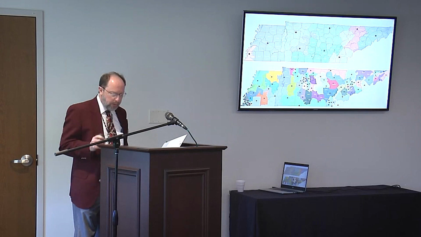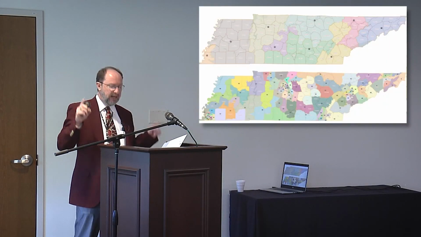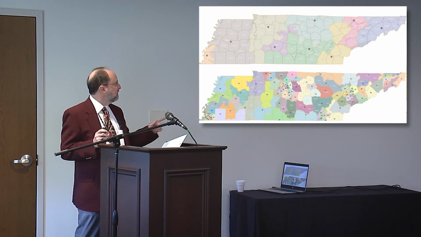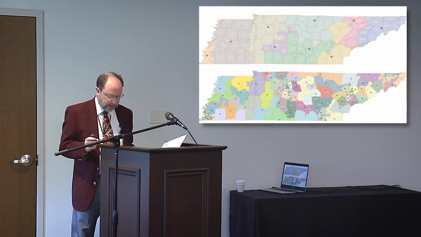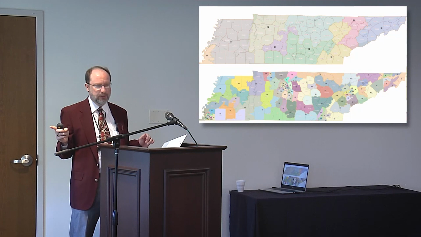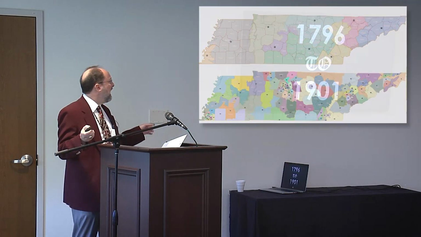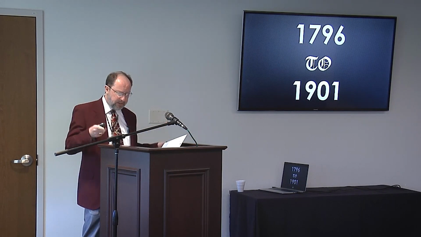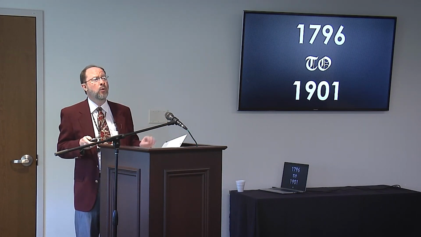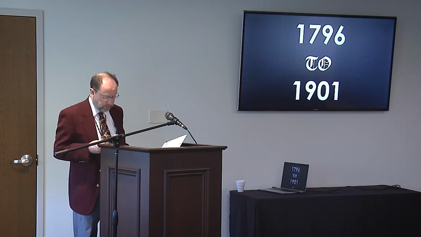Now, before we begin, this talk will focus on legislative redistricting, the state House and Senate districts, not congressional redistricting, which would be a whole separate can of worms to be redistricted. And this talk will only cover the years 1796 to 1901, as that's all we'll have time for. Now, it's often hard to find a beginning where to start, but let's skip the Territorial Assembly and start with the state of Tennessee in